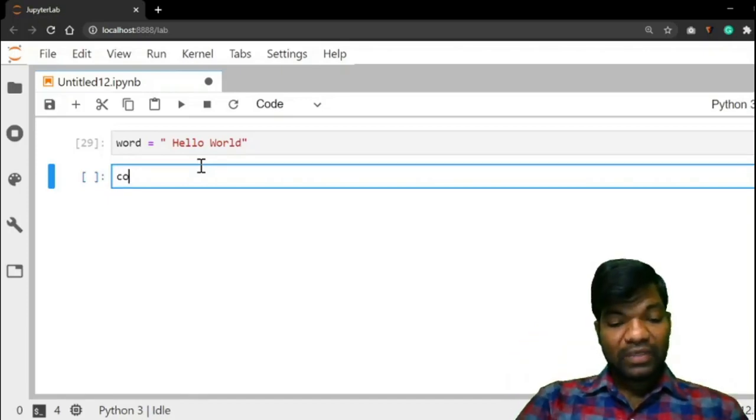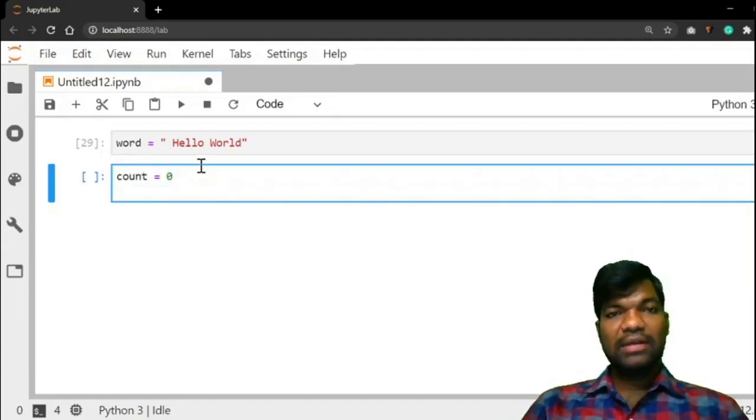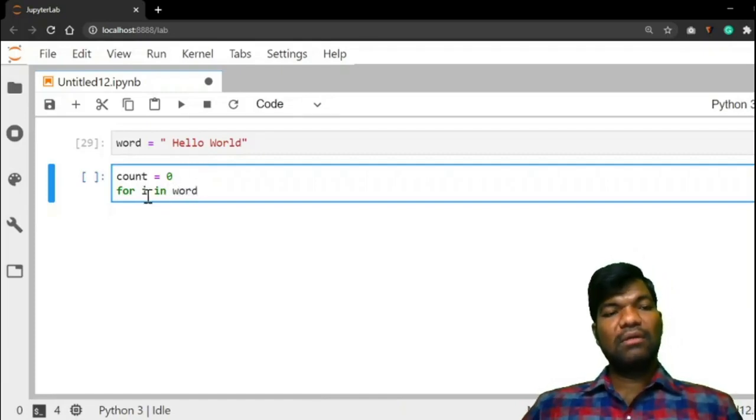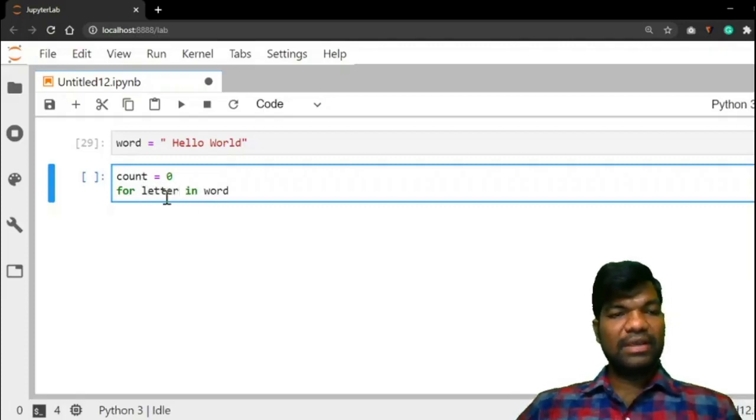Initially count equal to 0. Take a for loop. For i in word, or for letter in word,